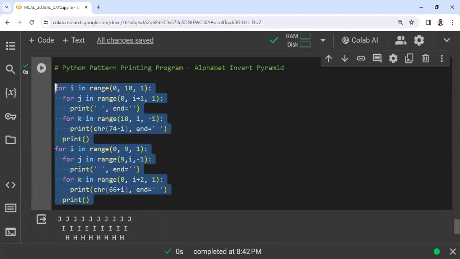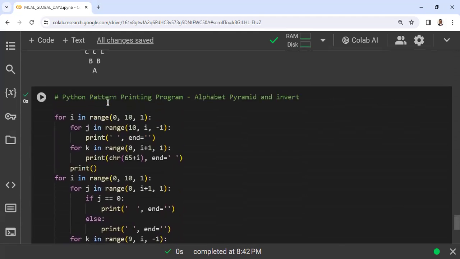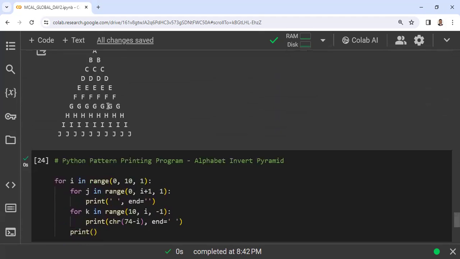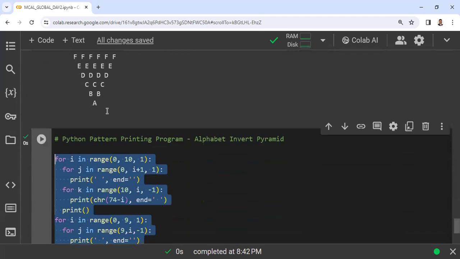Whatever we have done in the previous code, the same code we are using in this case, with minor changes. These are a few pattern related examples which are very important from the interview point of view. So please focus on it. Just practice with different situations, different scenarios, and then